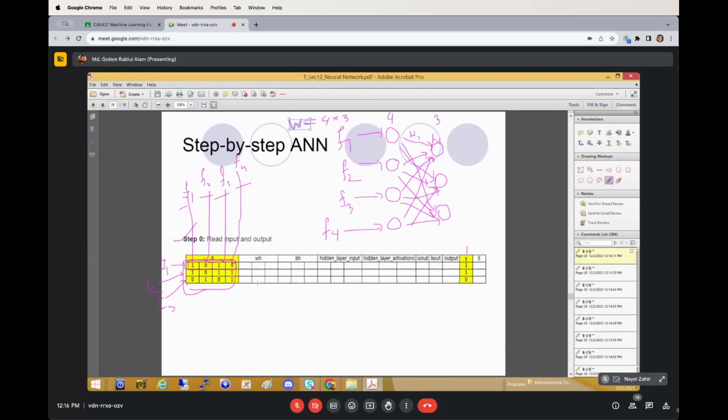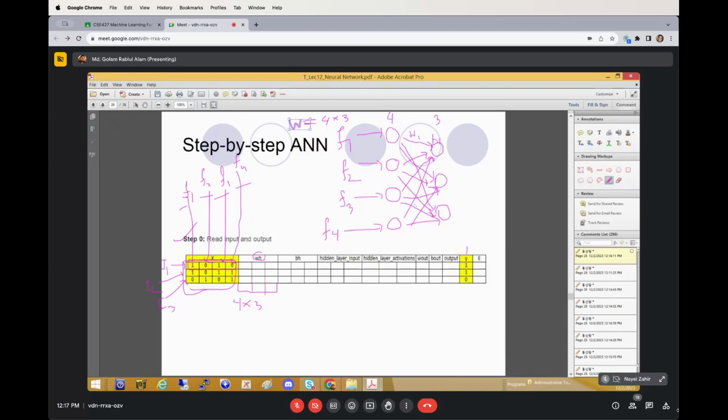So here we can see the WH, the weight of the hidden layers. Okay, weight of the hidden layers. So these weights will be like this. Four rows and three columns. Okay, three columns. So if we consider this neural network,